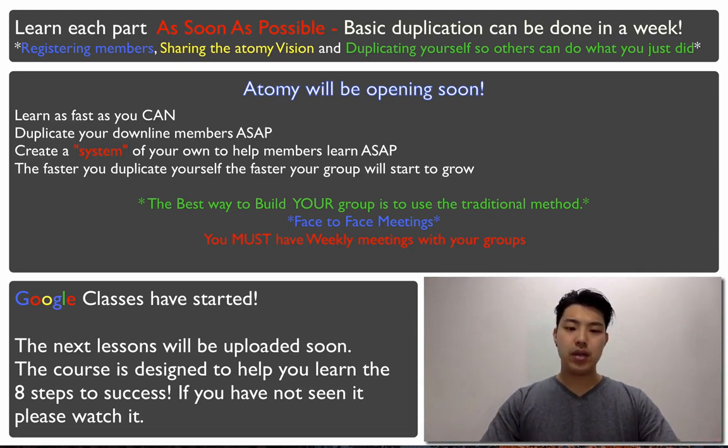So, the group's growing rapidly, and a lot of people are doing many amazing things to grow the group, right? So, let me talk to you about the more traditional method. Right now, as you're building your groups, everybody is probably very, very excited about registering new people, right? You guys are registering maybe 10 to 15 new people a day, and you're excited to get people in your downline, and at the same time you're probably the only one working registering people, right? So it's consuming a lot of your time.